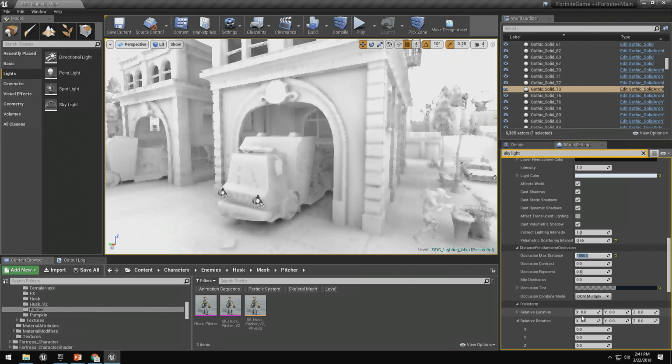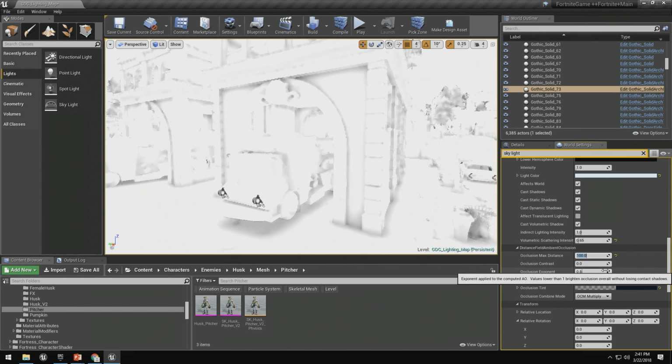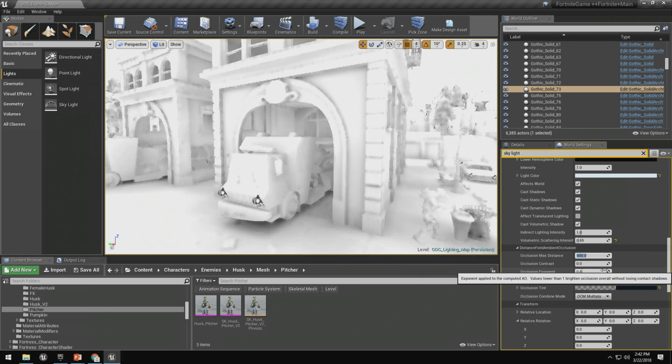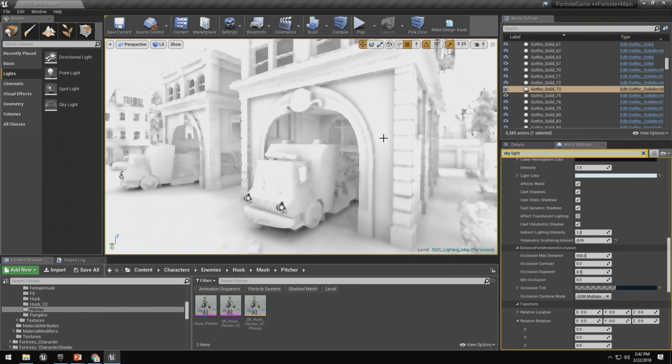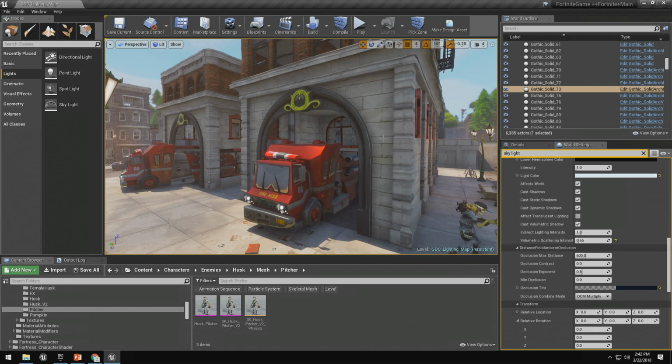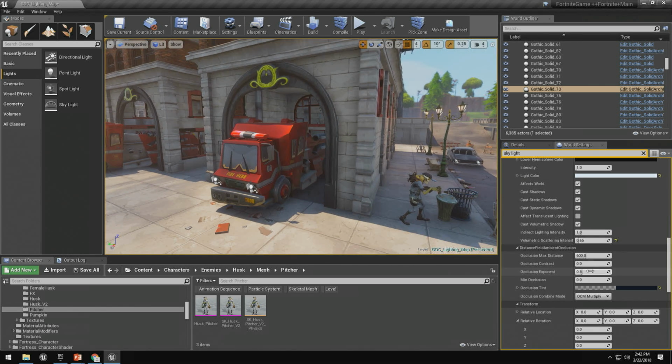If, as an artist, what you really want is for your AO to just get darker, you have options. So let's set this, actually just to show it off, let's set it down to 100. And you can see our AO almost goes entirely away. It's because we're only looking 100 units away, and if things are farther beyond that, they can't occlude anymore. So we'll put it back at its default of 600, and let's get out of this visualization mode. There we go. And if all we want to do is darken the occlusion, we've got a couple of settings here for occlusion contrast and occlusion exponent. These take the end result we've already calculated and just make it a little darker or lighter.